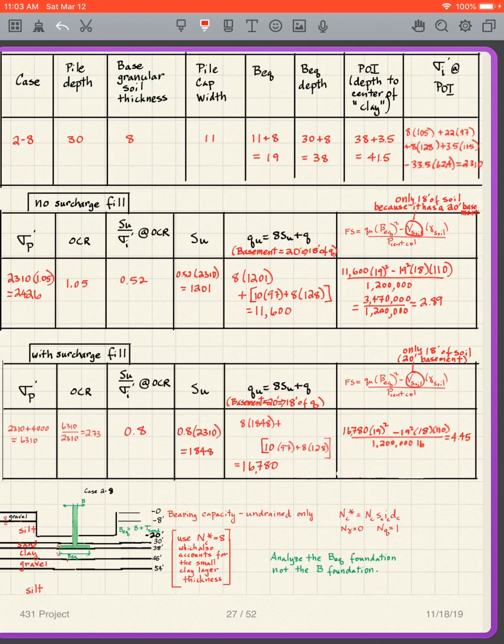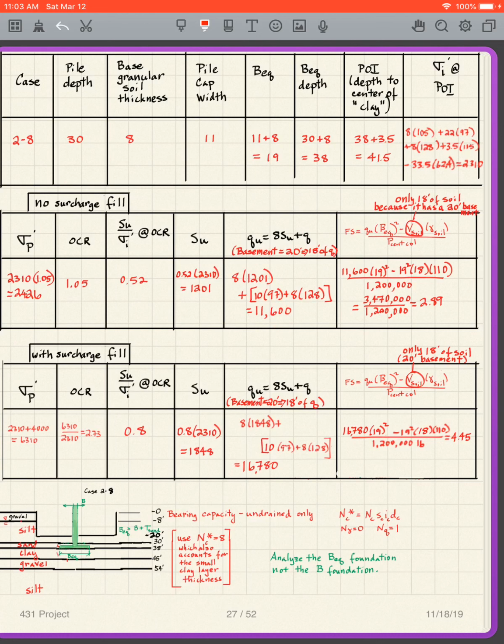And so these two numbers should add up to 18, which they do. And the 97 is for the silt, and the 128 is for the sand. And so we get our QU of 11,600,